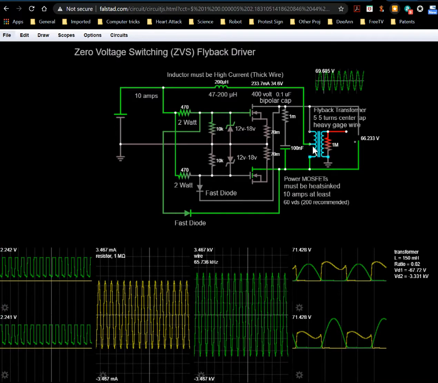But anyway, when this thing first turns on, one of these is going to conduct before the other. It's because no component is exactly identical, and because of that, one will win the race to turn on at the same time. So you'll have power flowing through, for example, this transistor, but they won't switch until this voltage